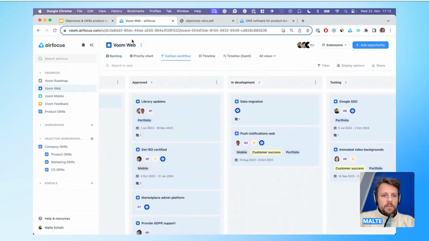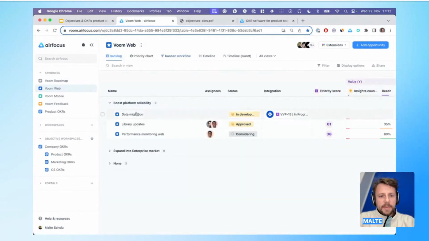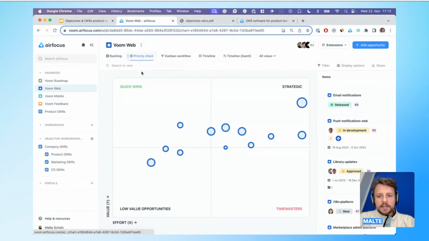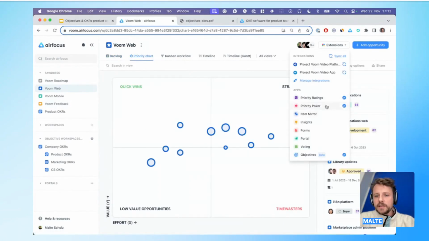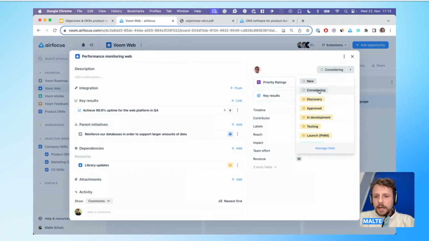So you can see here the Woom Web team, they have their own way to structure their backlog. They prioritize based on a given prioritization framework. You can see here they have the priority ratings app and the priority poker app installed because that's just how they work. They have decided on a given kind of development process with these statuses to push stuff